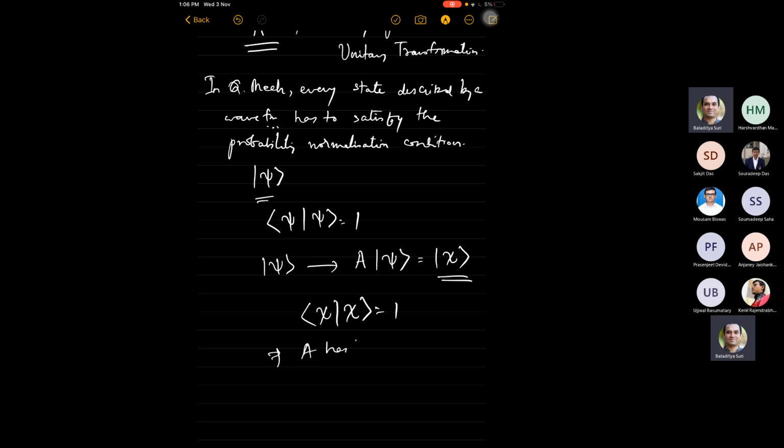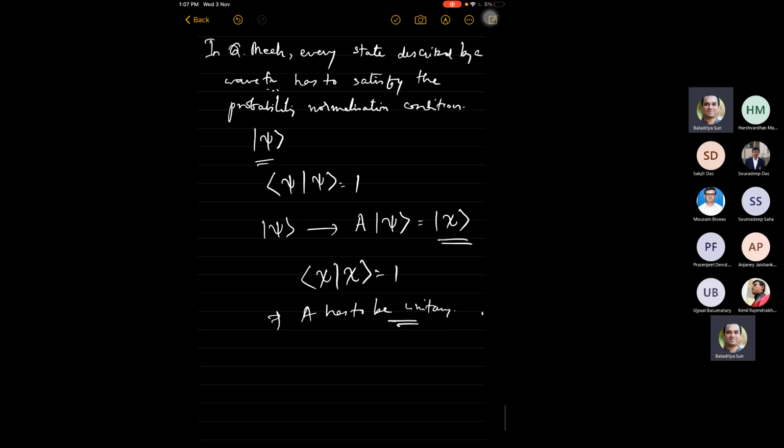This implies A has to be unitary. Okay, so this unitarity condition, we only consider unitary transformations. We only consider unitary transformations in quantum mechanics, at least to start with. We are only considering unitary transformations for this simple reason that if you want states to be described by wave functions